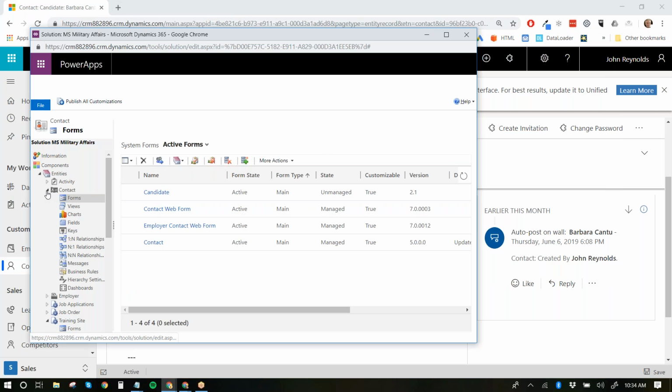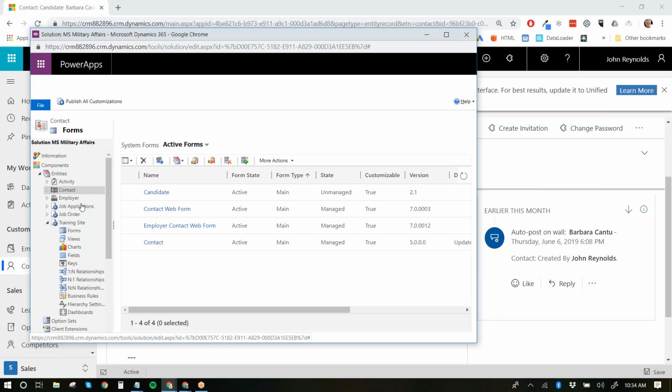Well, I could fiddle with it, but we have basically five key components. We obviously have the account entity, which we're calling employers. We have the contact and account. Those are the standard objects, and they're native, right?